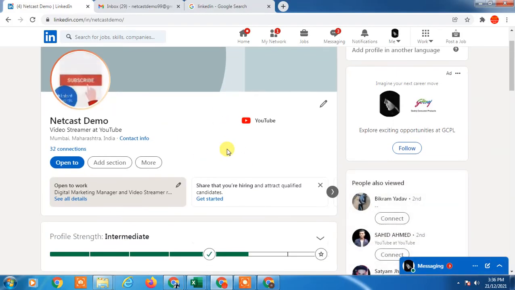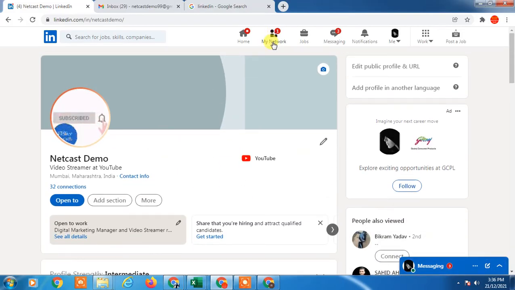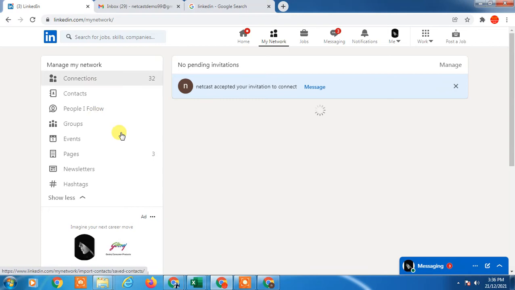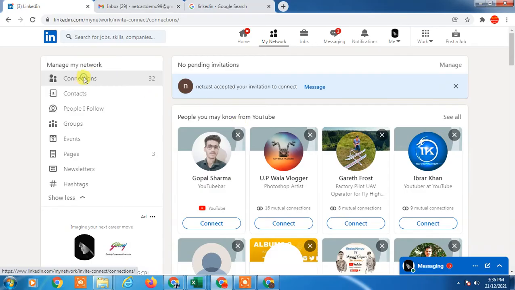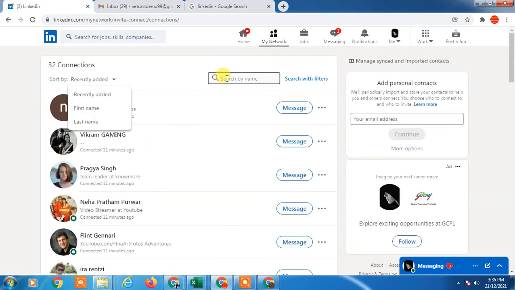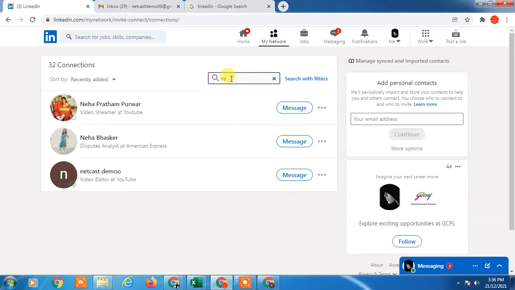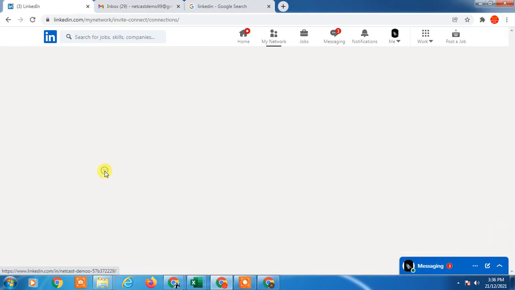So now if you want to give a recommendation to particular contacts, go to Contacts and go to Connections, and here you have to search for a connection. I think if I search for a connection like NetCast demo, if I want to give a recommendation to this person, just click on it